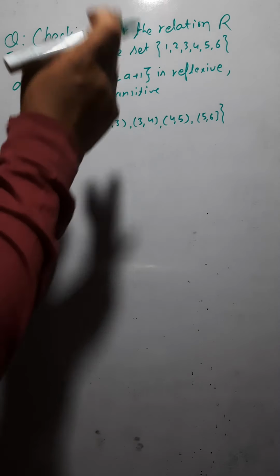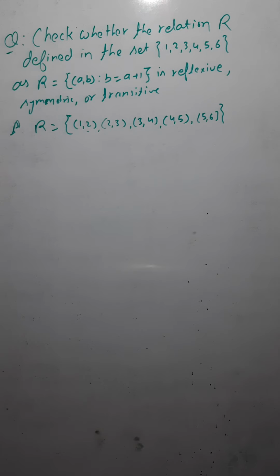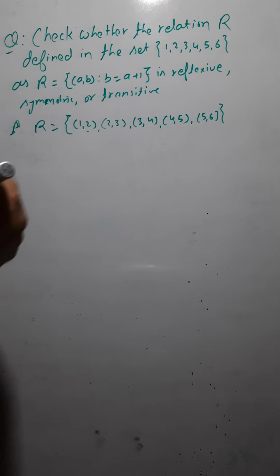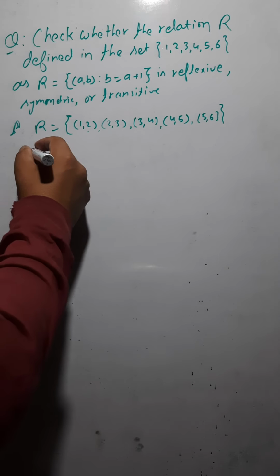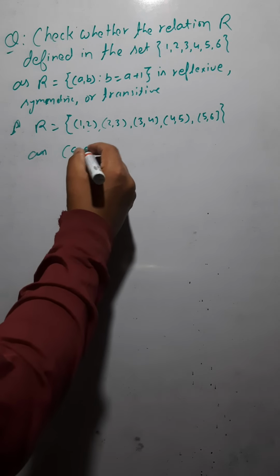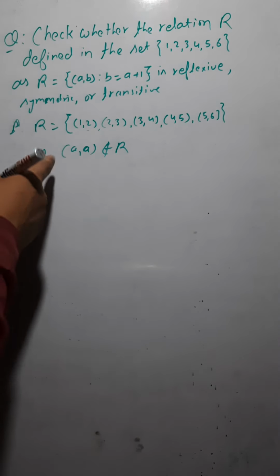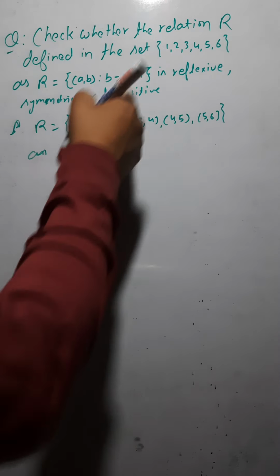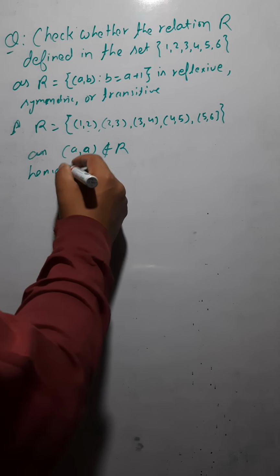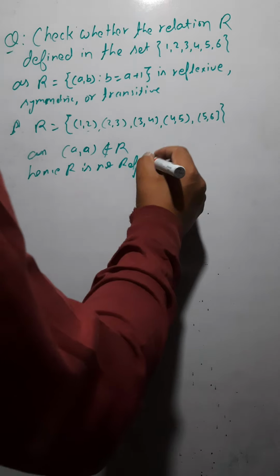Now we have to check whether this relation is reflexive, symmetric and transitive. For being reflexive, there should be the doublet of all the elements, but we do not have the doublet of any element there. So we would call the relation R not reflexive. Here I am writing (a, a) does not belong to the relation. Is there anywhere? No. (1, 1) is not there, (2, 2) also not there. The doublet of all the elements should be there, but it is not. Hence R is not reflexive.